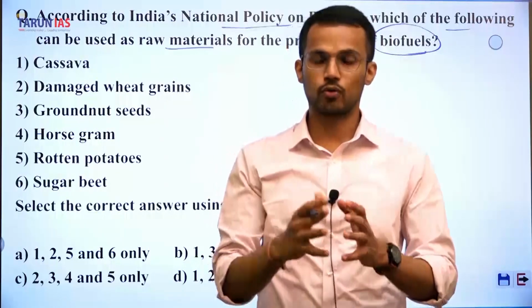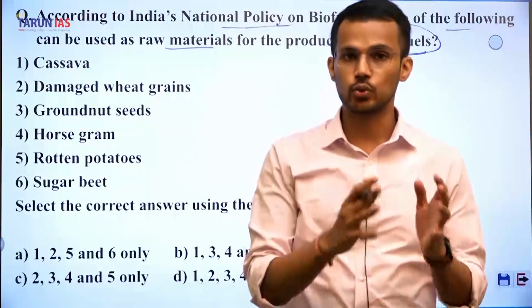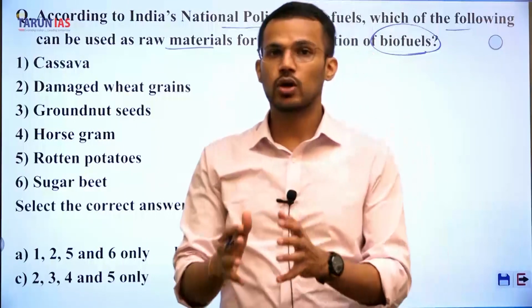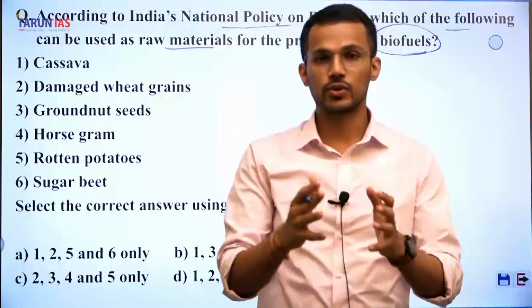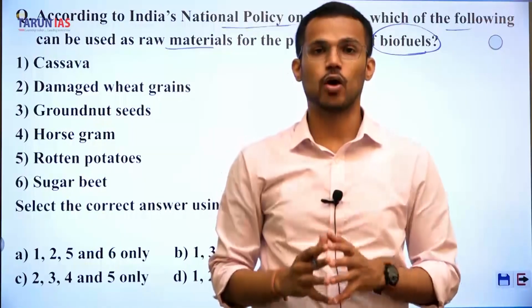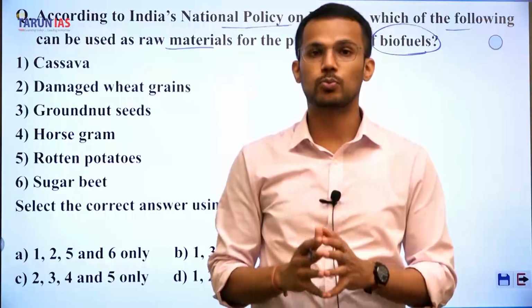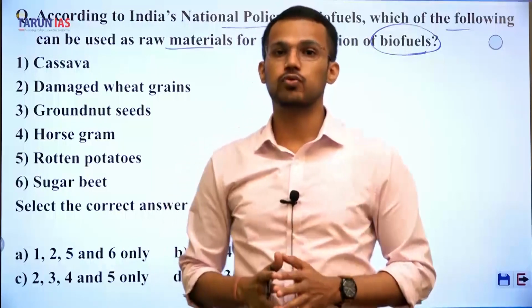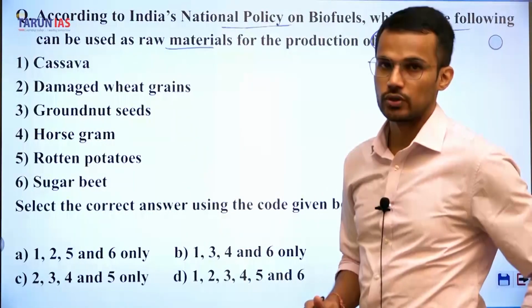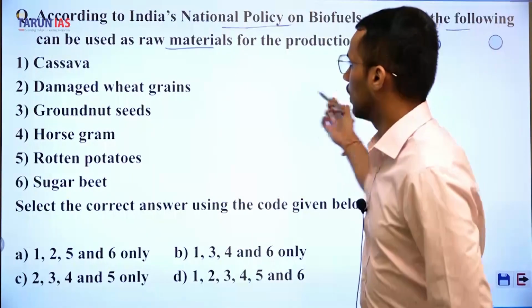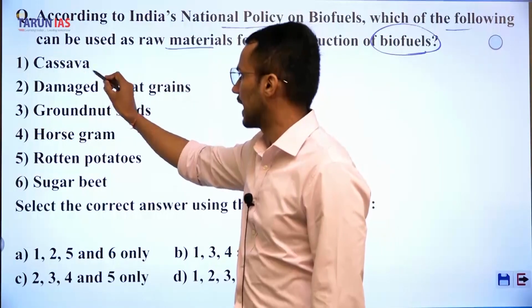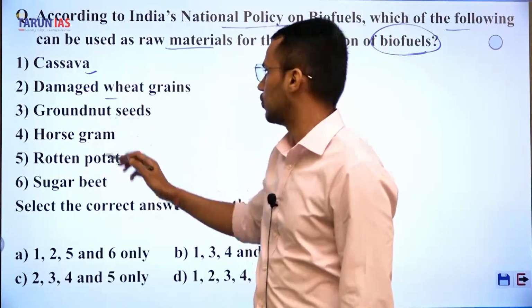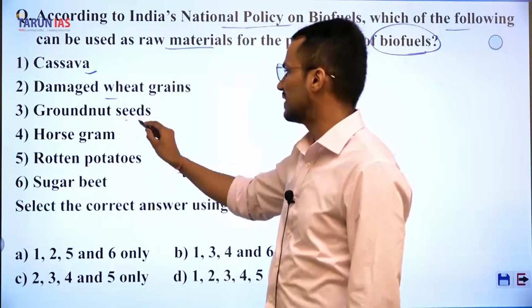But here they have given you the raw materials which are allowed by the government through the National Biofuel Policy 2018 to be used for production of biofuels. The items are: cassava, damaged wheat grains, groundnut seeds,